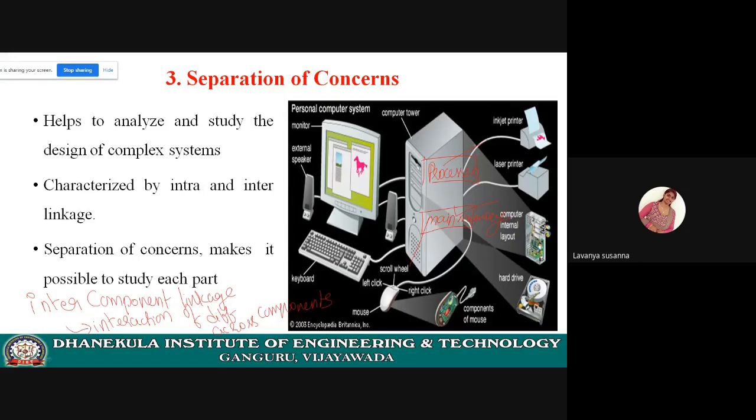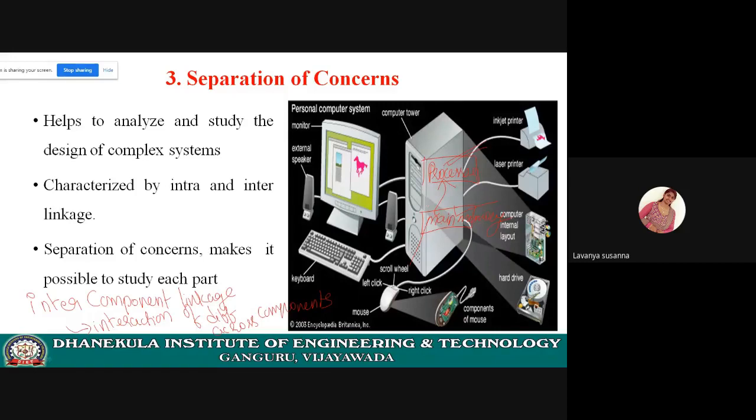Processor is another component. In order to process the data, you know that data will be stored in main memory temporarily. The data must be fetched from the memory unit, and then the processor will execute or process the data. So there must be communication between the component processor and the component main memory. These are two different components. So inter-component linkage means interaction between different components or across the components, not within the component.